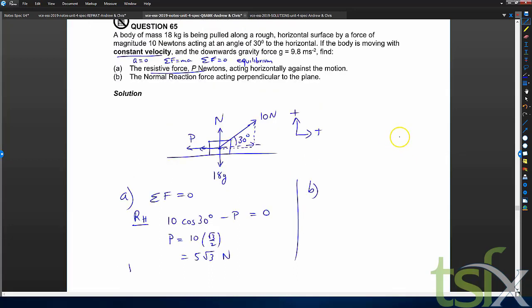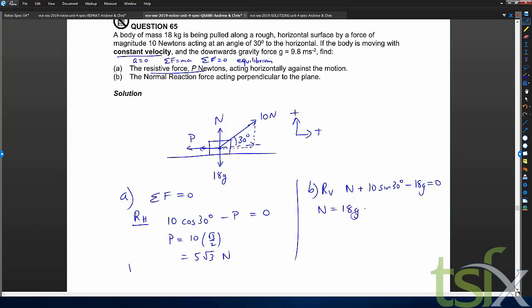The normal reaction. In this case, we are going to resolve what? Vertically. So we're going to do the positive forces first. We have the normal reaction, and we're going to add to that the vertical component of the 10 newtons. So that will be plus 10 sine 30. And in the other direction, we are going to subtract our 18g. And again, that will equal 0 because it's not moving off the surface, is it? So we're going to find that N equals